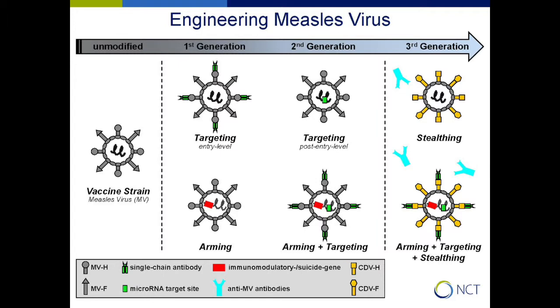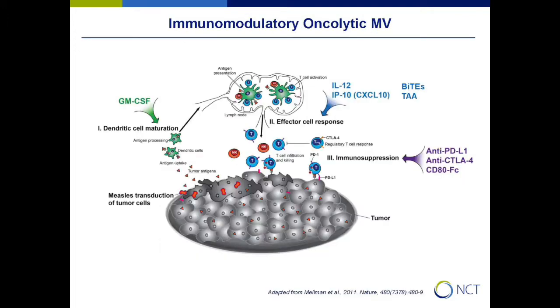Meanwhile, we have developed a variety of immunomodulatory measles viruses which act at distinct phases of an anti-tumor immune response, and I will show some of our results. For instance, we developed viruses encoding GM-CSF to enhance dendritic cell maturation and antigen presentation. We have different transgenes to support the effector immune response, for instance, interleukin-12 or bispecific T-cell engagers. And we have viruses to counteract the immunosuppressive tumor microenvironment, for instance, by encoding checkpoint modulating antibodies or co-stimulatory molecules